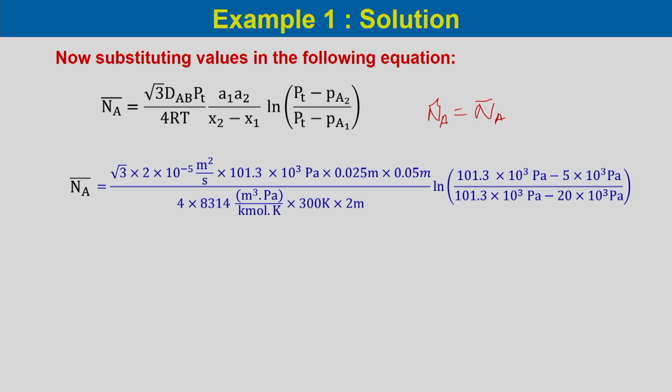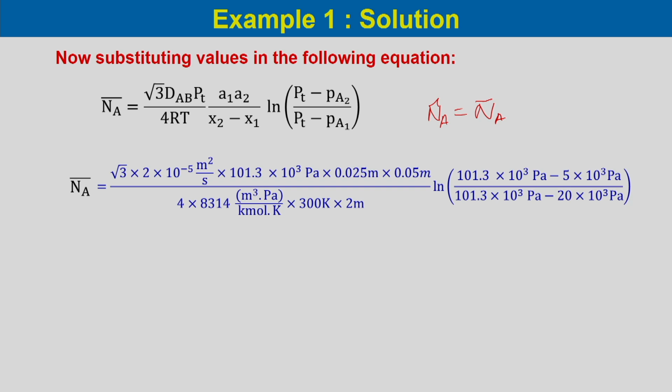Now, if we substitute the values, root 3 into 2 into 10 to the power minus 5 meter square per second for diffusion coefficient, multiplied by the total pressure 101.3 into 10 to the power 3 Pascal into A1, the length of side at point 1 of the triangle which is 0.025 meter, and then A2 which is the side of the triangle at point